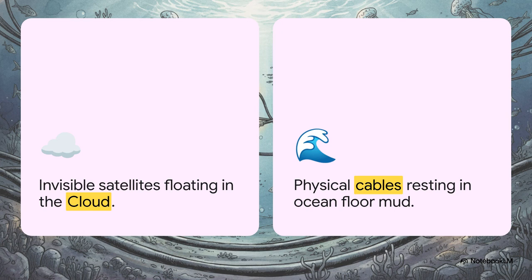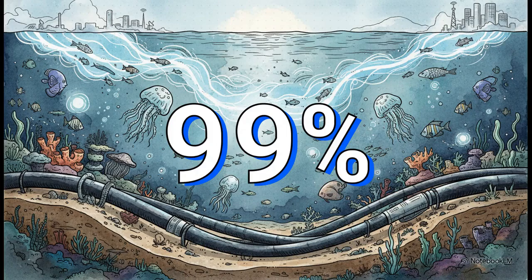You know that ethereal cloud everyone is always talking about? Yeah, it doesn't really exist in the sky. The stark reality is that our data relies on a deeply physical network lying deep underwater. It's quite literally resting right there in the mud of the ocean floor. It is completely tangible. We've built this incredible global society on the back of an infrastructure that is wet, deep, and very, very physical.